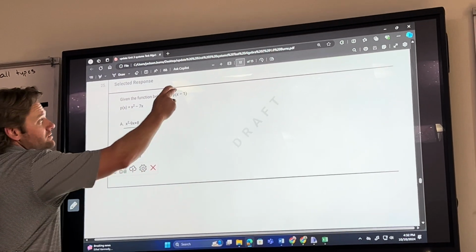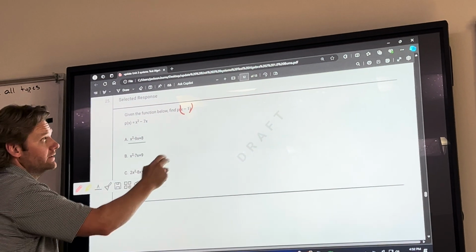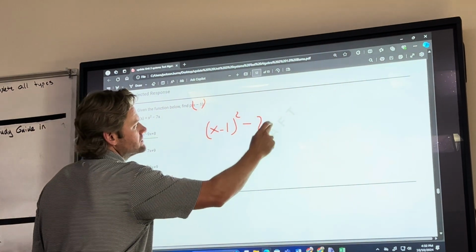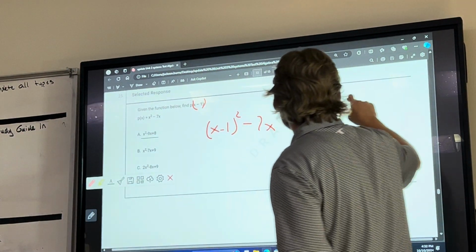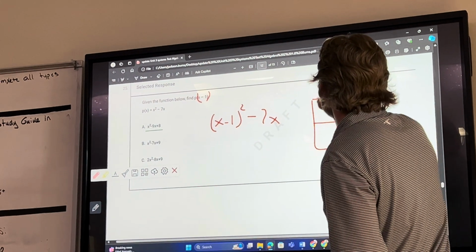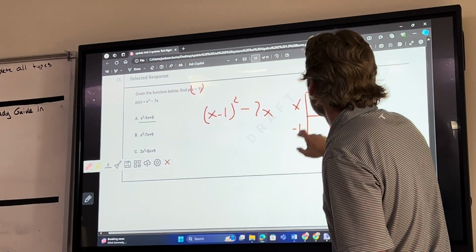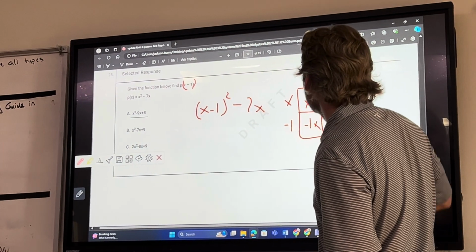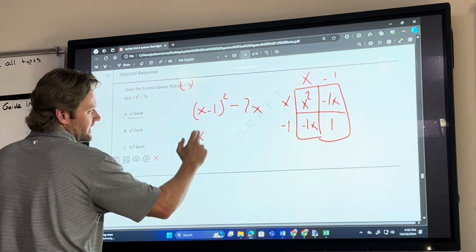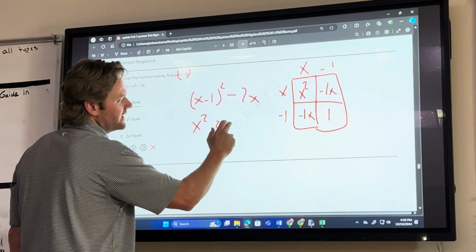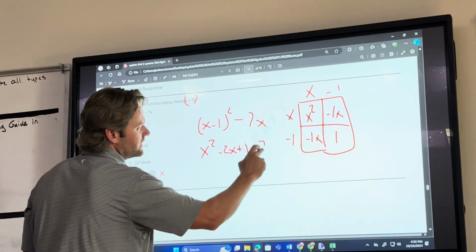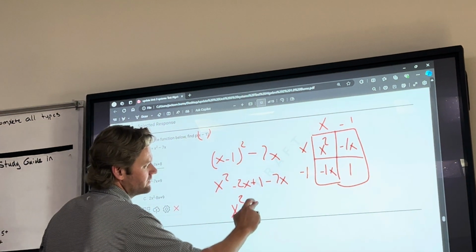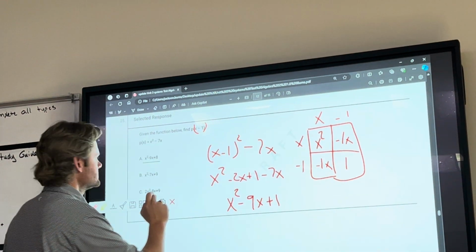All right, going now. Now this one is very similar to the one I did in class on the study guide, right? You sub in the x minus 1, right? When I do, I get (x minus 1) squared. Don't forget to square it, right? If you need to have your box over here, x minus 1, get x squared, negative 1x, a positive 1. So I end up with x squared minus 2x plus 1 minus 7x can combine. So I get x squared minus 9x plus